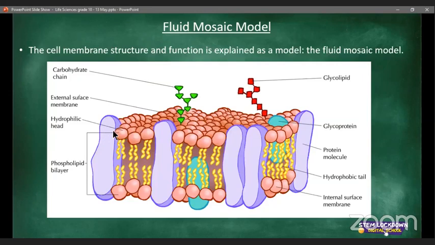These are the hydrophilic heads. They interact with water, so they point towards the water. These are exposed to the outside or external surface of the membrane, and the hydrophobic tails are inside, away from the surface. So this is